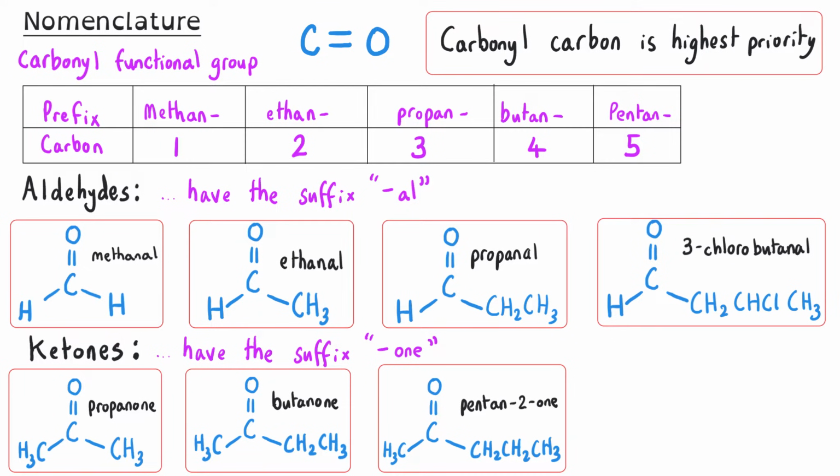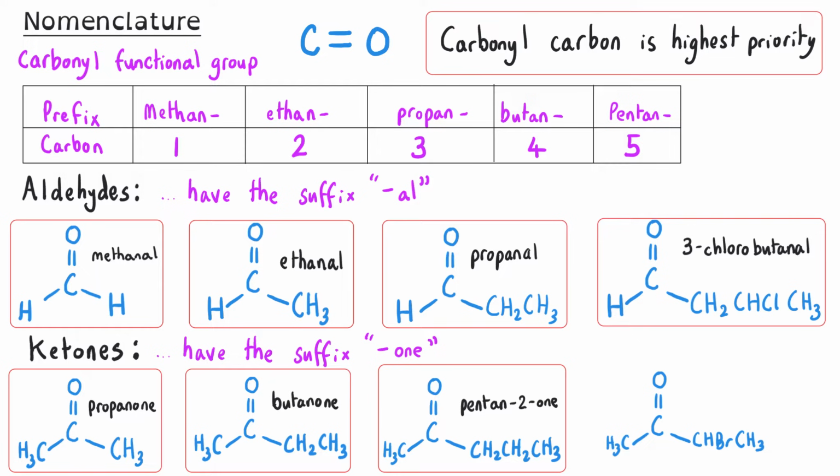So I've drawn here pentan-2-one, because we number from the end that keeps our carbonyl group closest to an end, and so this carbonyl group is on the second carbon from an end. If it was in the next position along, that would be pentan-3-one. When we have branches or other groups attached to a ketone, the carbonyl carbon is always given the smallest possible